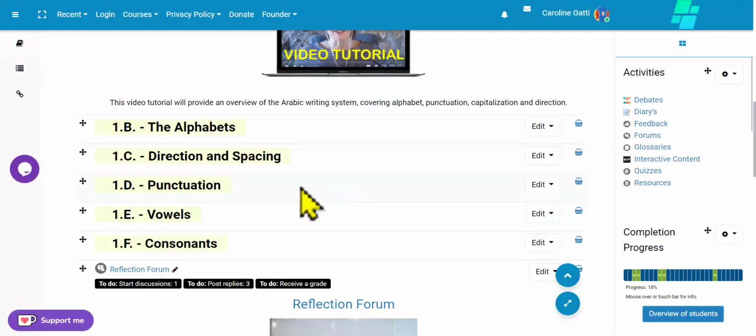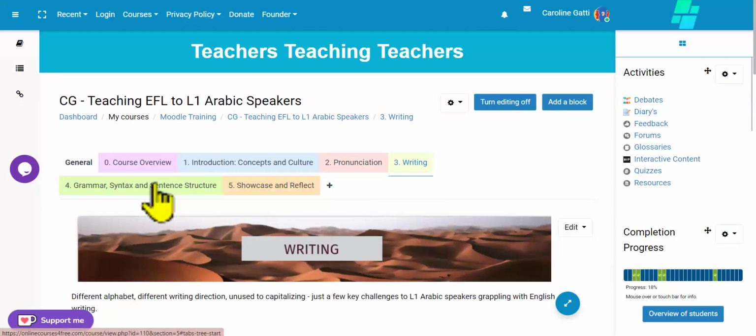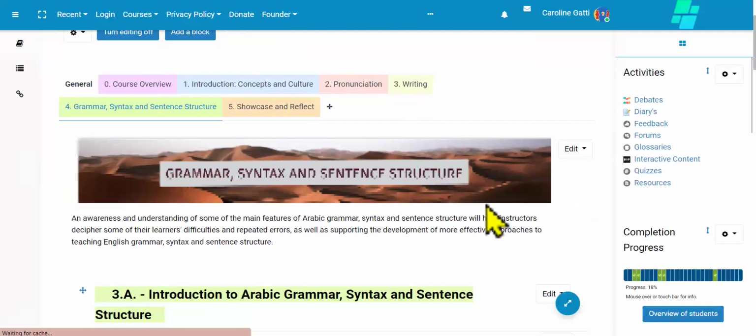Then we will figure out a way of, and this is the beauty of this online course, where I can use images of Arabic writing and show maybe with animation how things work, what direction they're going in, etc. Let's see, and we're on to chapter 4, which I suspect will be quite a meaty one